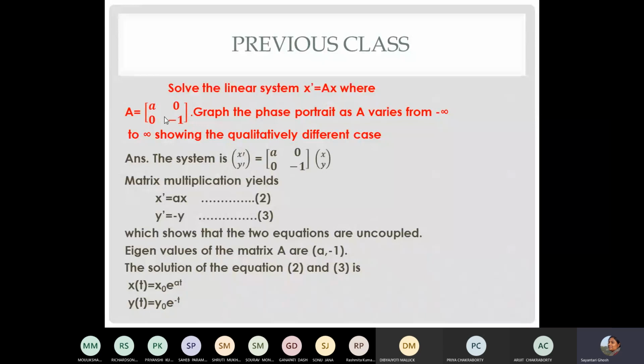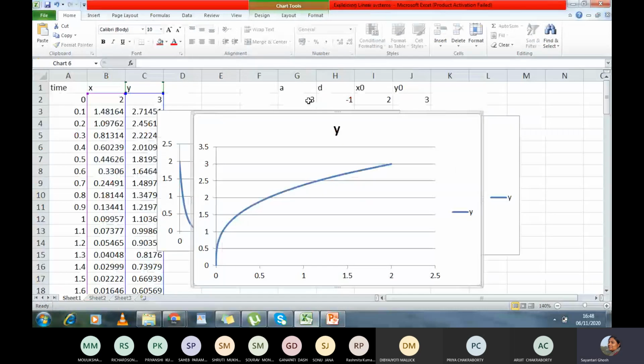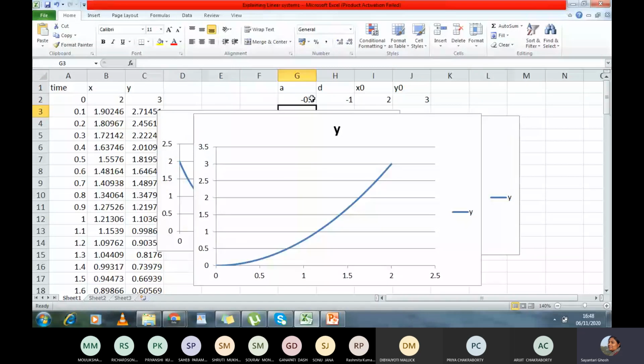Now, in that Excel file, you can guess what will happen if I swap the values of A and D. Let us make A now a bit smaller than D, let us say 0.5. Okay, so A is now smaller than D. So what do you expect? The curves change their curvature, right? You can change the initial point and you can see.